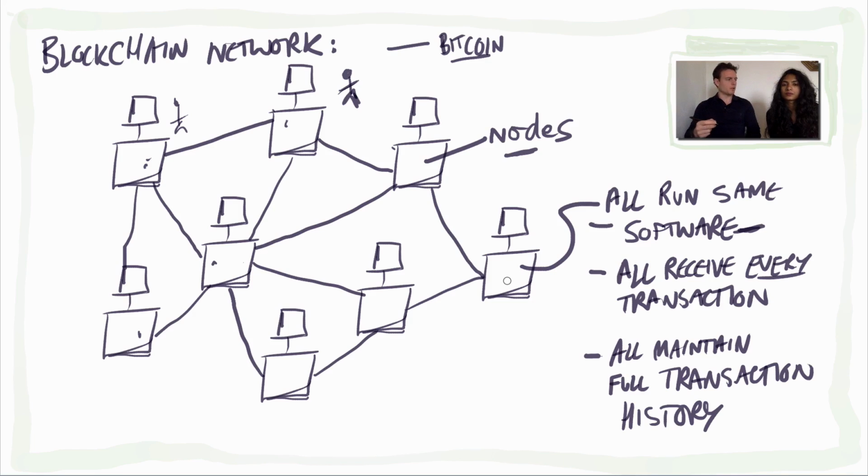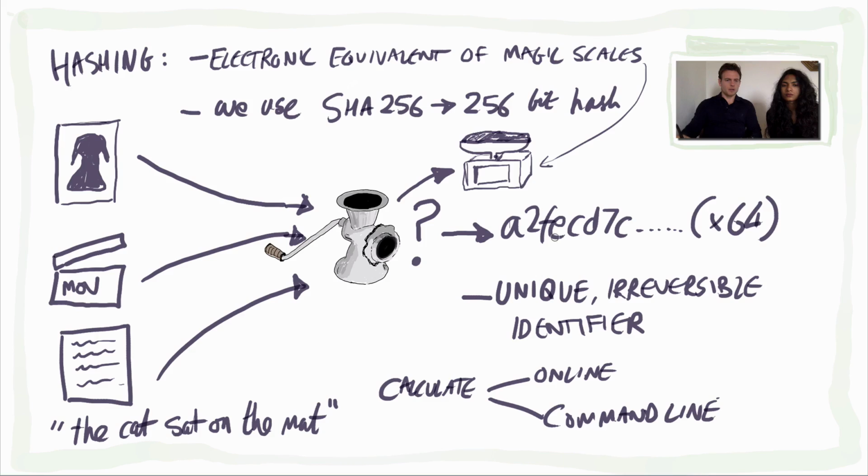And we'll go into some more detail about how that happens. Okay, so basically, I want to talk a bit about hashing, right? So in the first video, we talked about this concept of scales so accurate that you can literally weigh every single atom and pick up every single piece of ink on the page. Now that was a bit of a weird analogy, but in electronic terms,